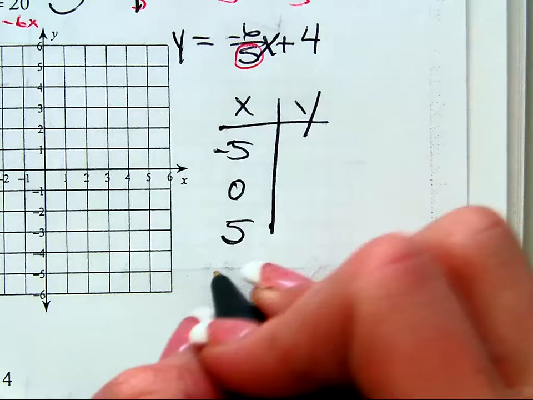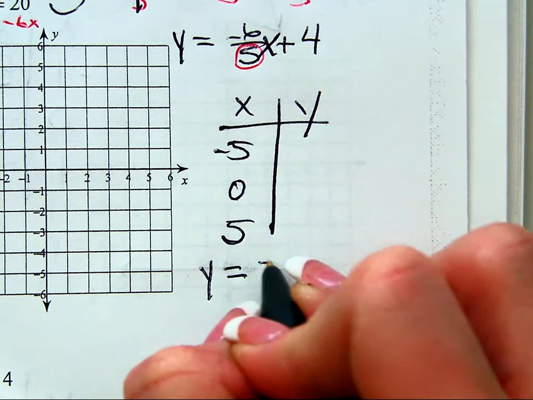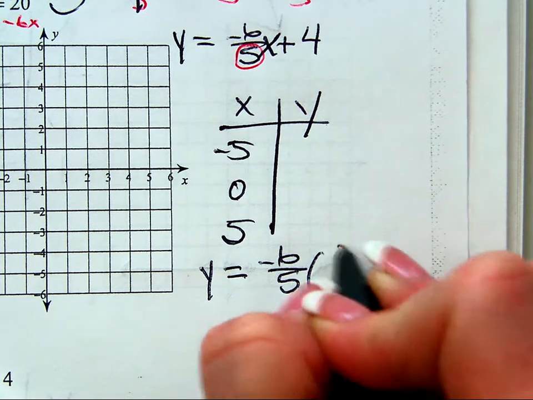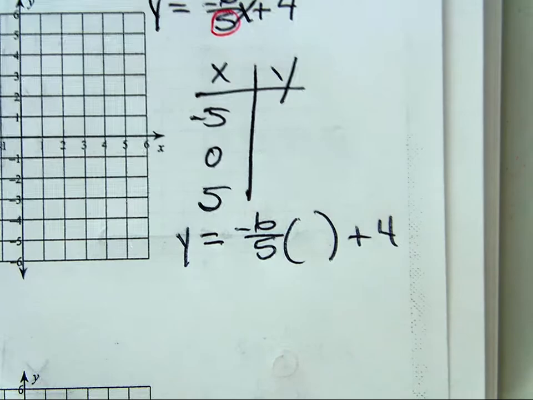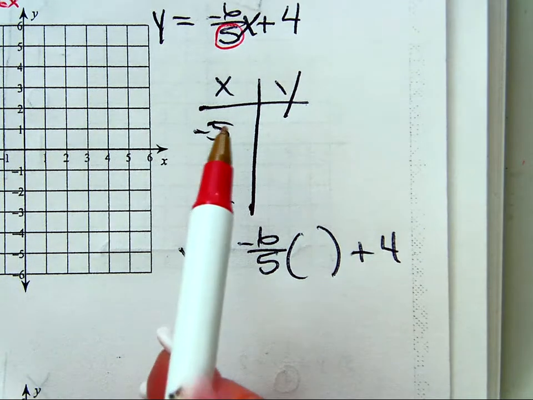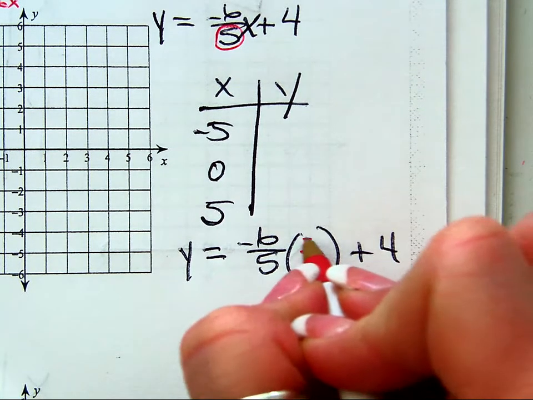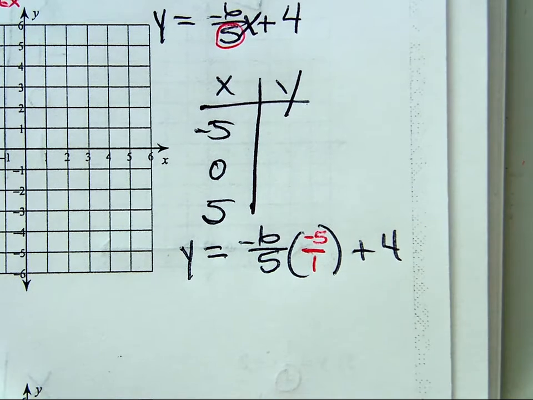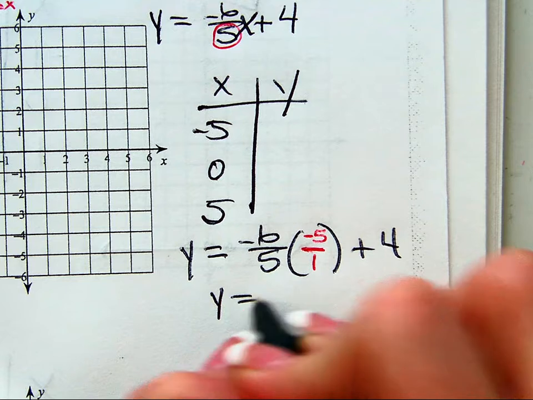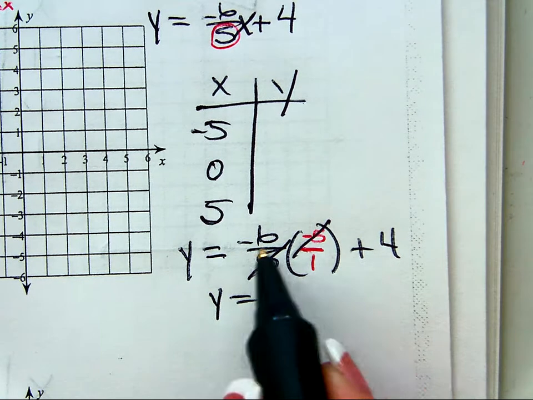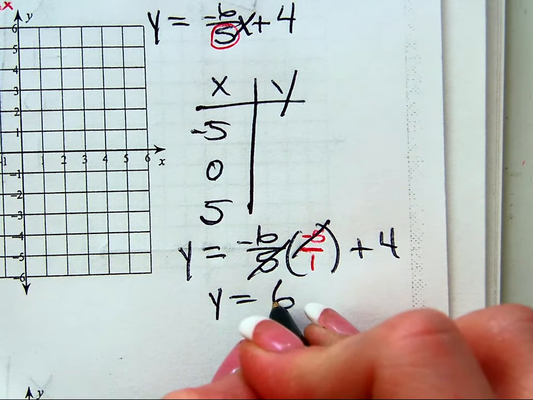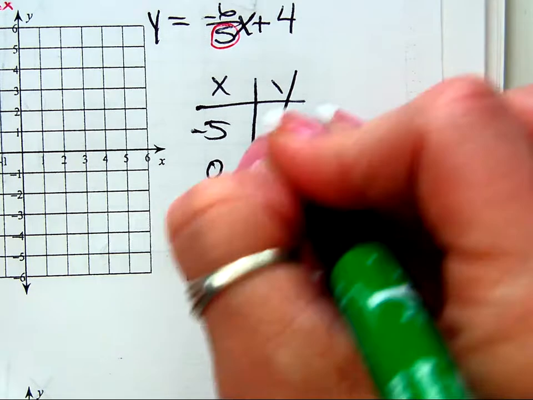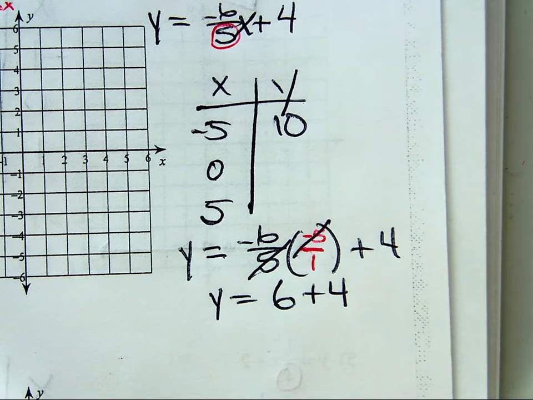So let's take negative 6/5 and multiply it, don't forget about that plus 4, by my first domain that I chose, which is negative 5. First thing I ask myself is, what's a negative times a negative? Positive. Then I'm done. I don't worry about the negative sign anymore because I've already taken care of it. And the 5s cancel. And what's 6 over 1? Positive 6. And what's 6 plus 4? 10. And then you go from there. Okay? So that's how you're going to do part